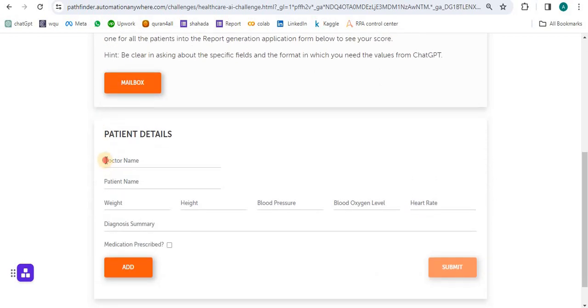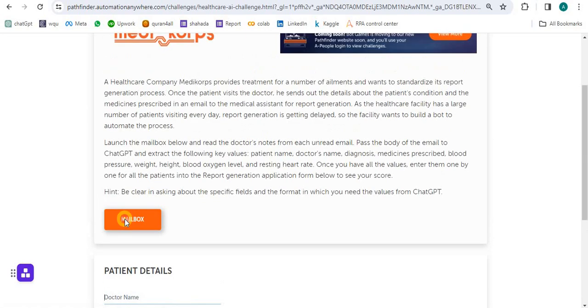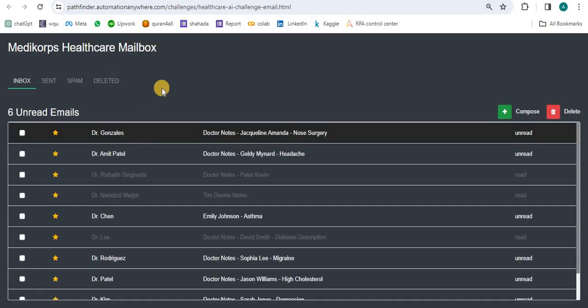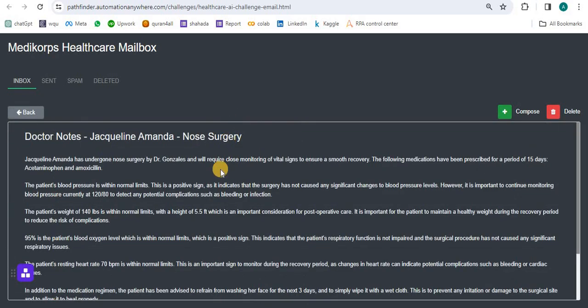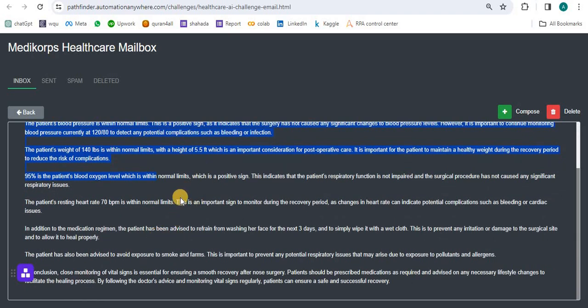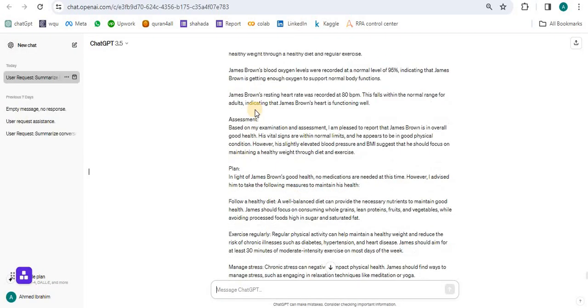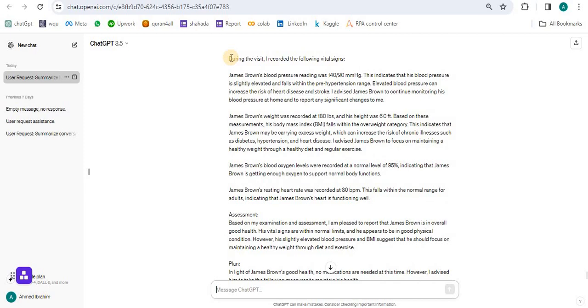In this challenge, the healthcare AI channel, we have this page, the healthcare medicine page, and we need to fill in the missing information based on the mailbox. If we click here in the mailbox, we'll find that there are unread messages and read messages. We need to extract only the unread messages here. And by clicking the body, we will notice that there is a passage, statements here, and we need to use our ChatGPT to enter the values like this